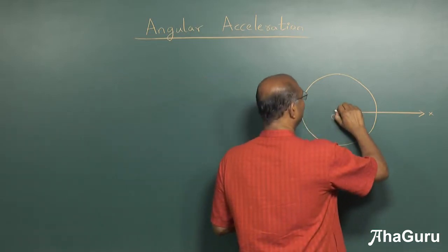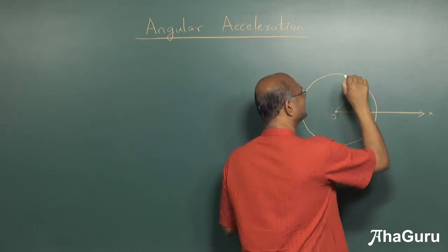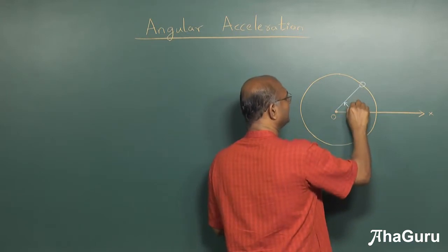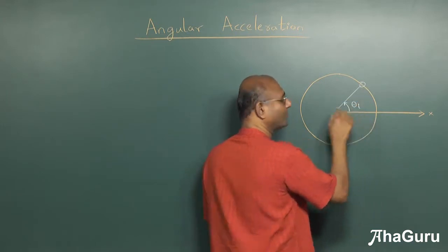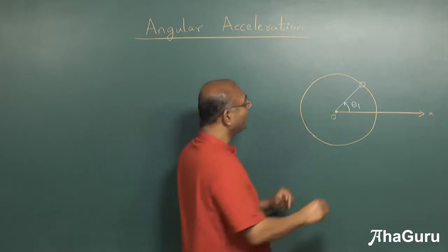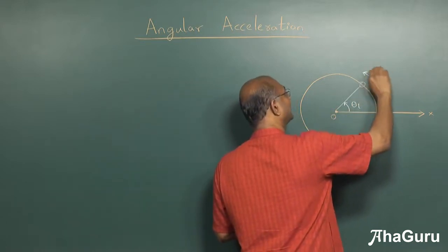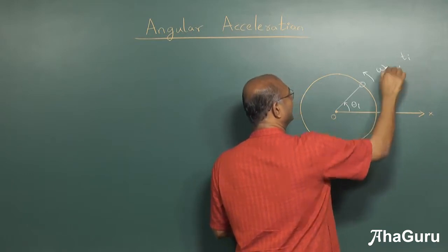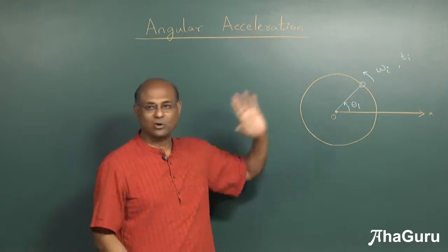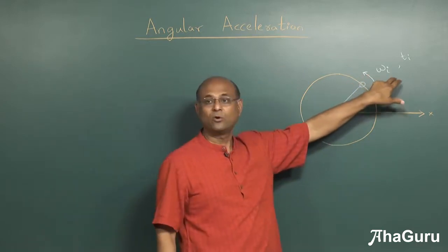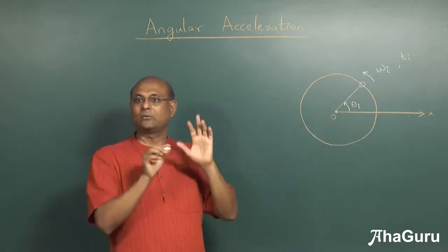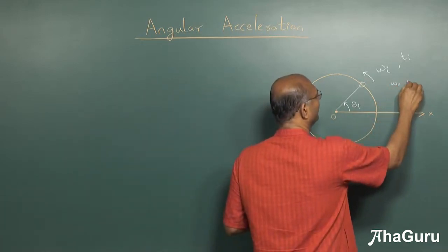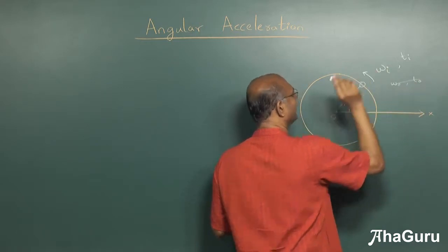Imagine that there is now a particle moving here. Initially it is at this place. This is our initial location. I'll call this theta initial, so that is the angular position in the beginning. At that point the object could have an angular velocity. I'm going to call it omega I at time t initial. So I'm using I to talk about initial. Sometimes people use omega naught or t naught to say t equals 0. That is initial, absolutely fine. We could have also called it omega naught or t naught, but I'm now going to use omega I.